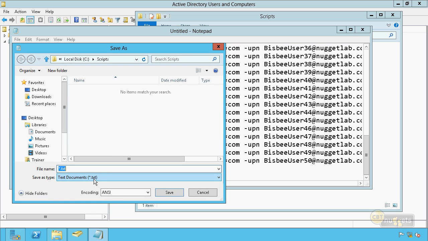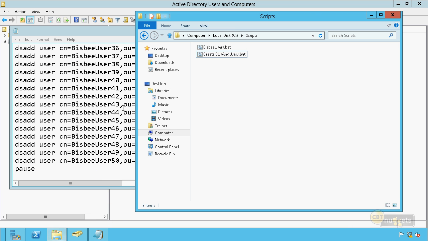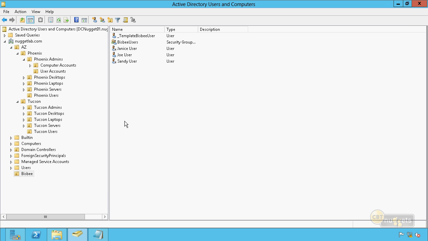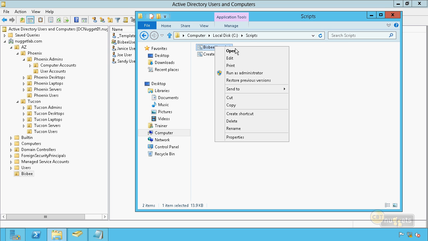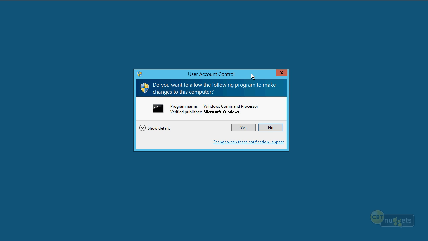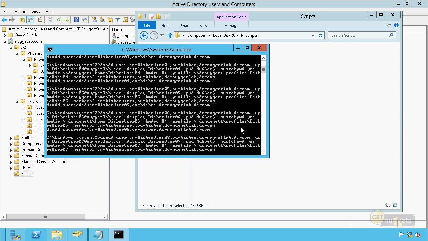Do notice that when you save it, you don't want a TXT extension. You want a batch file extension, which is BAT. So I have to put this in quotation marks, and I'll call this Bisbee users.bat. All right. Now I'll click on Save, and then I'll go to this item, and there's my Bisbee users. Right now, notice that I only have these that I worked with earlier, just default accounts that I've been working with. But now when I right-click on this and choose to run as administrator, because I have to be administrator to create accounts, click on Yes, then we see that it's going through this and creating a